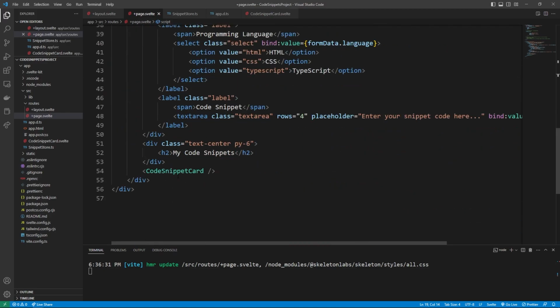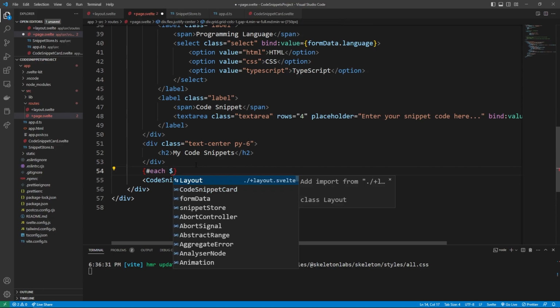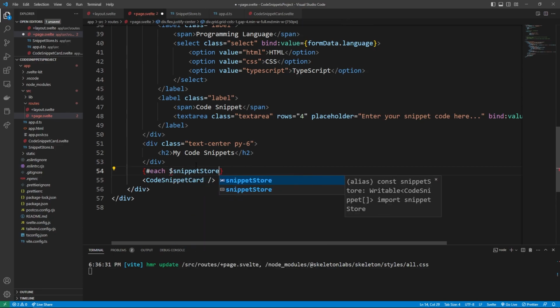But we can scroll down here and you see where it has code snippet card right here. We can then make an each loop. So we can say for each thing inside of our, here's the crazy part, $snippet store. This is giving us access to the value of the snippet store, and it's also listening to the value of the snippet store. So if we ever add anything or remove anything, it's going to re-render and show different code